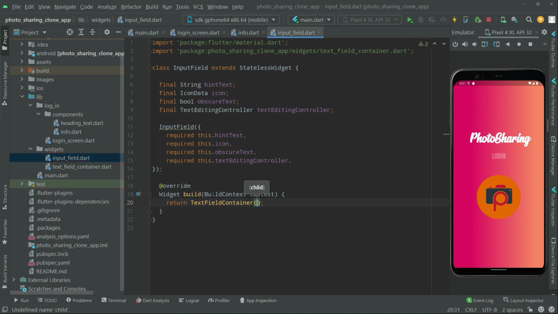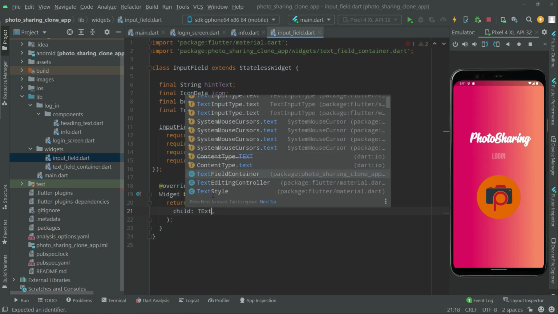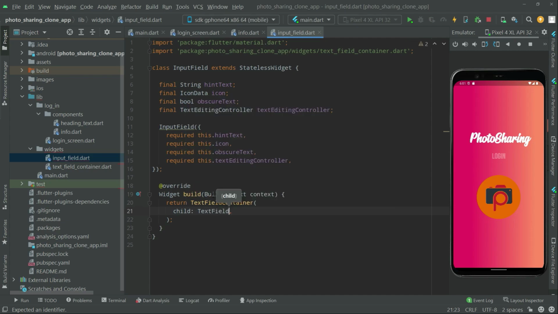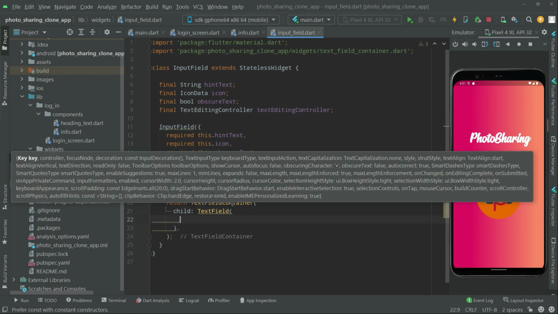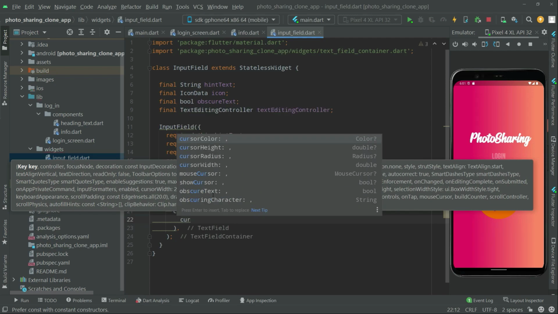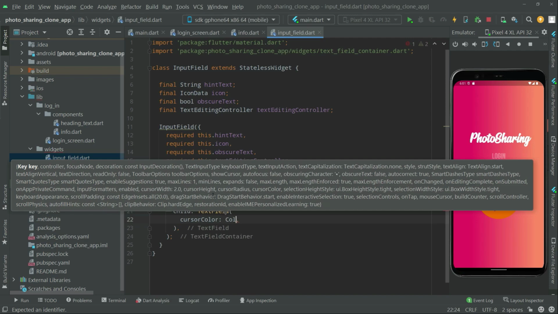Now it will take some properties, so first one will be the TextField. In there we will set the cursor color. First we will set this to Colors.white,